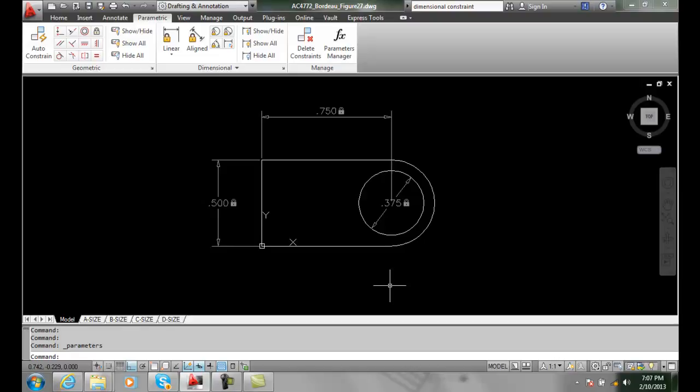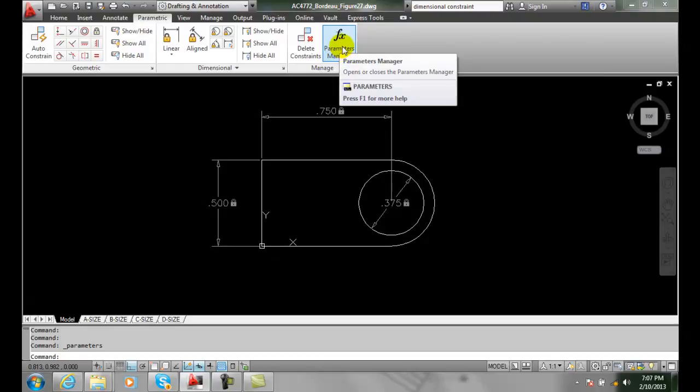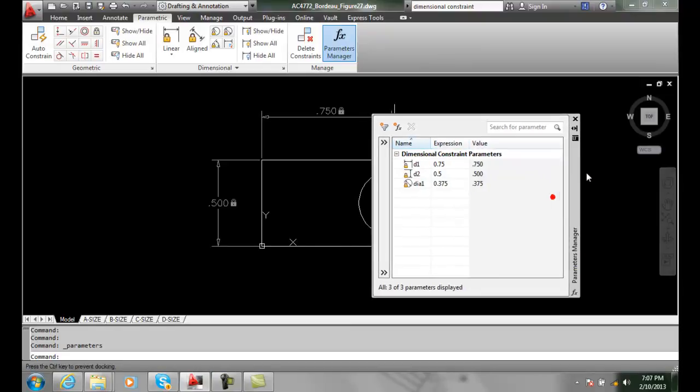Working with parameters. A dimensional constraint parameter is automatically formed every time we use a dimension constraint. And we can adjust these parameters by going into our properties palette. But we have a button up here on the top that just manages our parameters. So we go up to the parameters manager, and over here